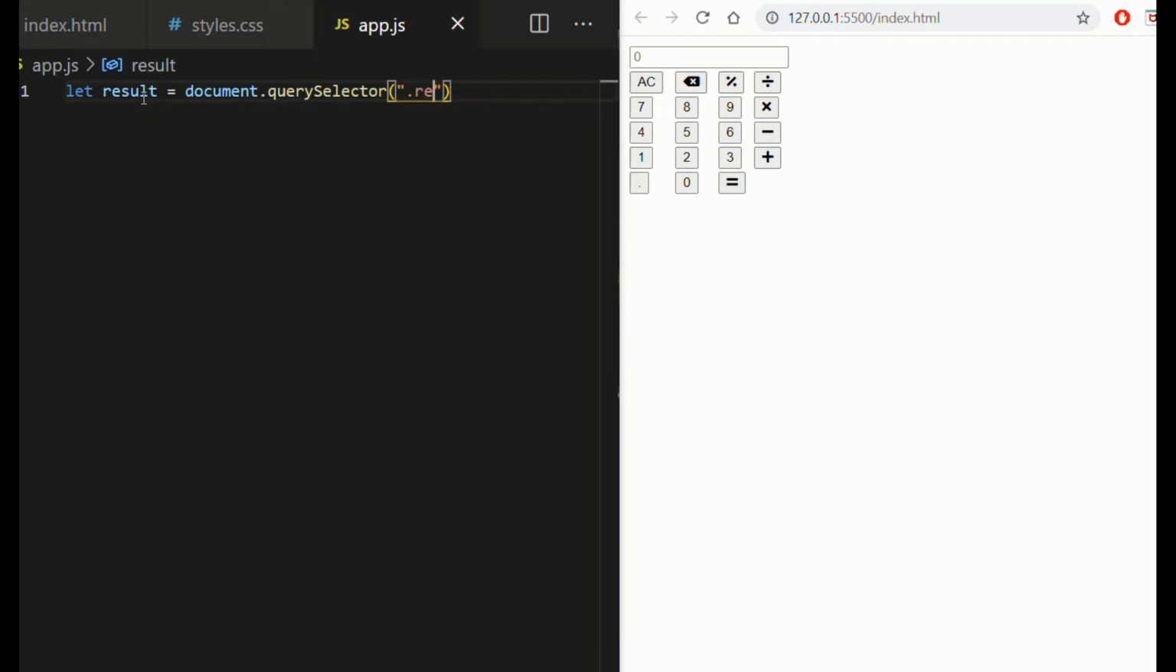The class name for the input field is result. And this dot here defines that I'm accessing a class. If it was a hash, it would mean that I'm accessing the ID of the particular element. Since I'm accessing the class, I'm using a dot. Now, if I want to access the value of the result,